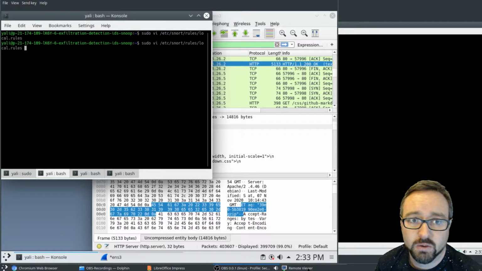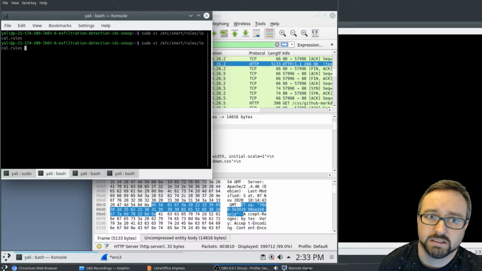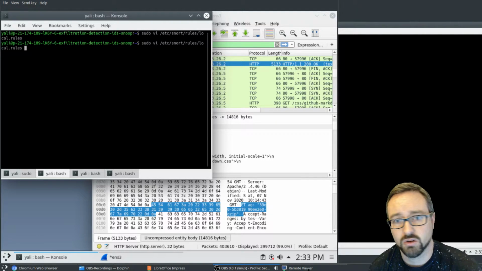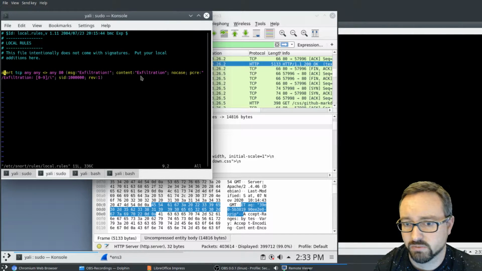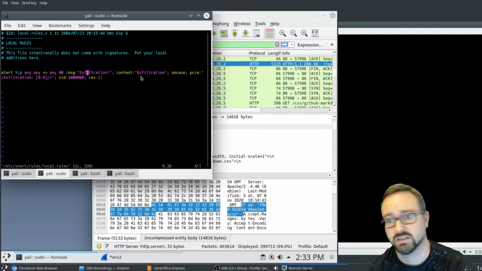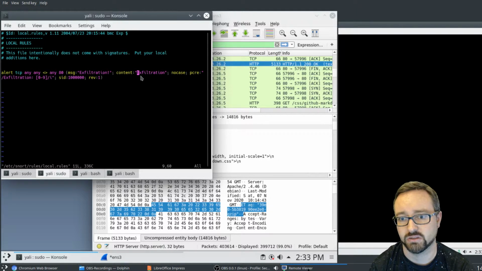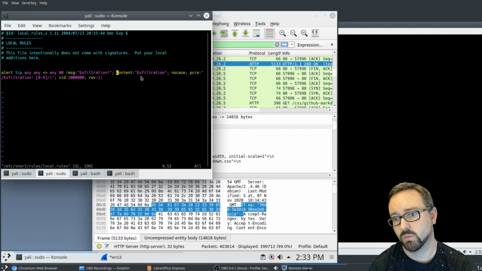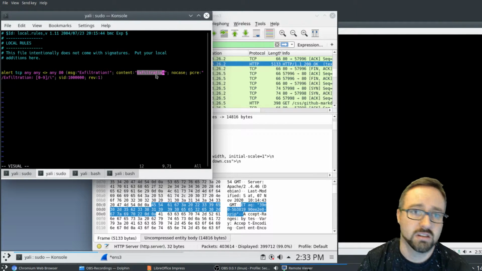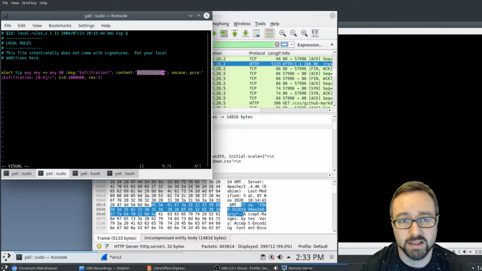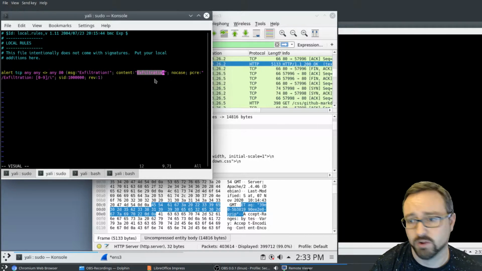Hey folks, just a really quick message about some hints about using regular expressions in Snort rules. So if we look at this rule, here's an example of how you can use regular expressions in a Snort rule. You can include a content string, which is basically an exact match of the bytes or string within a stream or a packet that we're looking for on the network. In this case, on port 80,